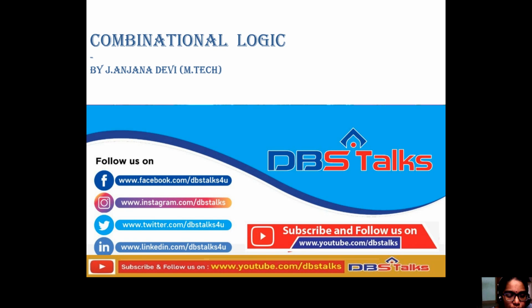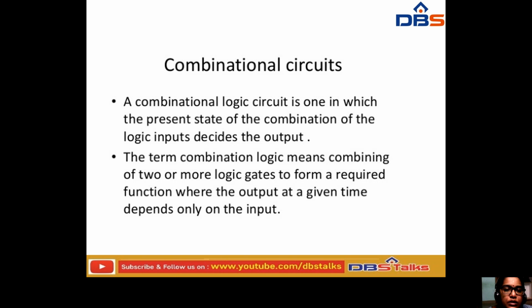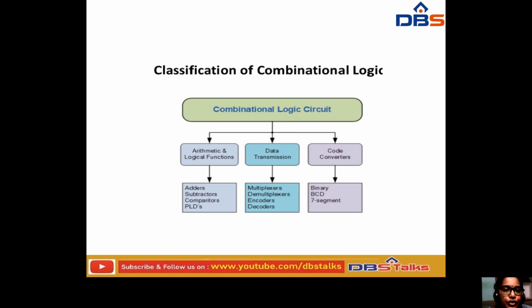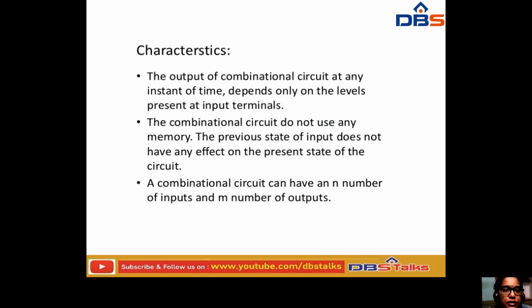In the previous classes, we have discussed some of the topics related to the combinational circuit. Now let us see the other topics related to combinational circuits. In the previous classes, we discussed what combinational circuits are, their classification and characteristics,